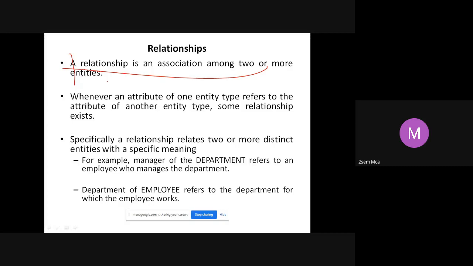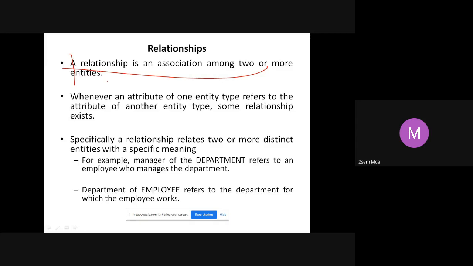Now, how do you set up this relationship? There should always be a common attribute between both these entities. When I say a student belongs to the branch, there should be something common in both these entities. That means the student entity should have branch ID as an attribute. Branch also should have branch ID as an attribute. So using this branch ID, I am going to connect or associate or relate these 2 entities.